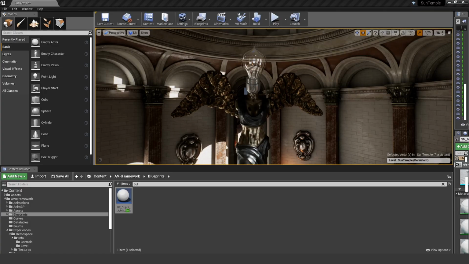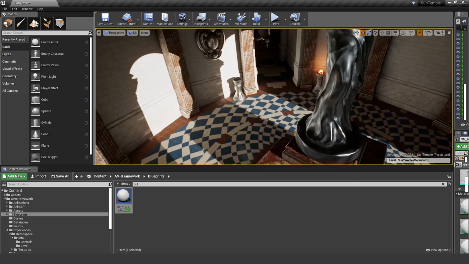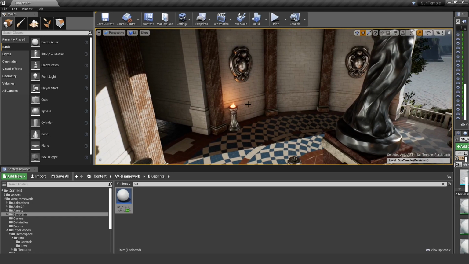Welcome to the second part of the tutorial on how to get the AVR framework work on the Oculus Quest. Basically, what we did in the first tutorial was the part necessary for the framework, and now everything that follows is just basic Unreal to Quest or to Android building. So a lot of it is just performance tweaking, because you really need to make sure your application runs in